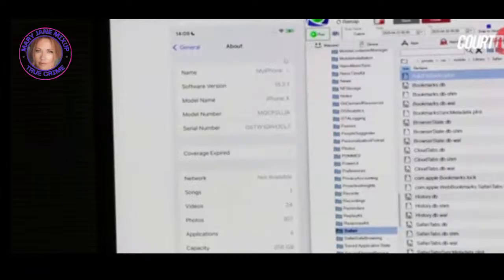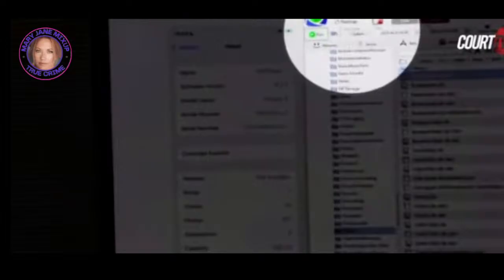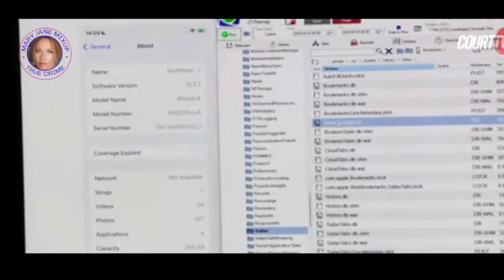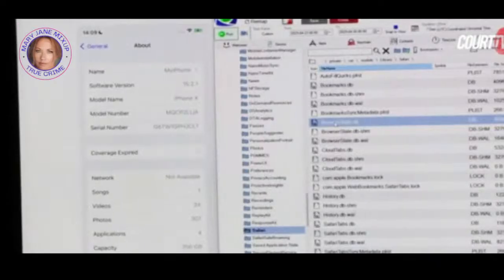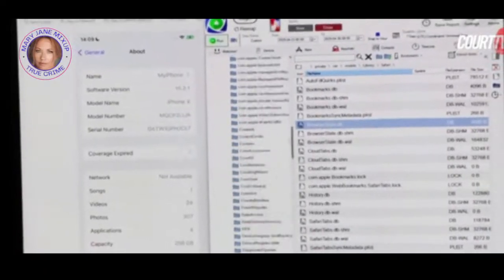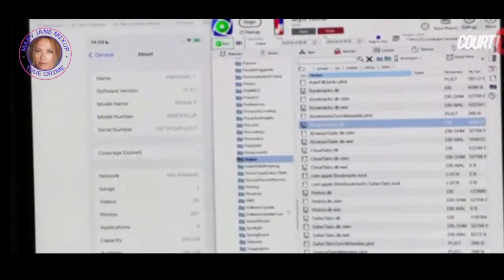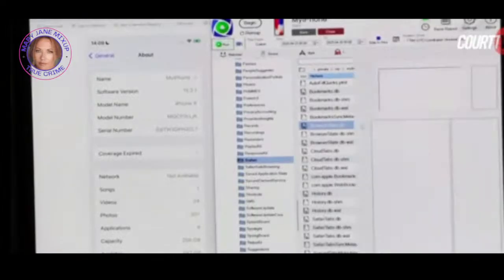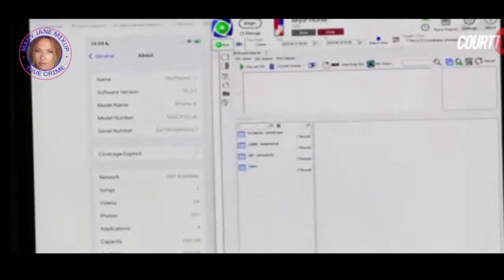On the right side of the screen is the tool which I spoke about earlier, the one that I've been writing for several years. I make it available for free for any examiner who wants to download it and research primarily iOS devices. Here, you can see I've got a live connection to the device. So every file and folder that is on the device I can see within this directory view as you would normally see on a regular computer. And we can see the browserstate.db database. If I open that database up, you can see there are 4 tables, one of which is called tabs.